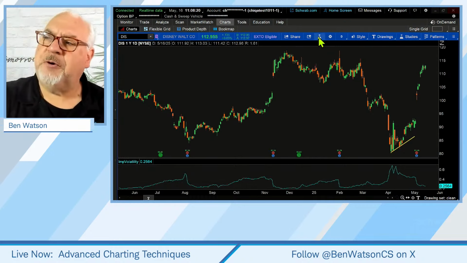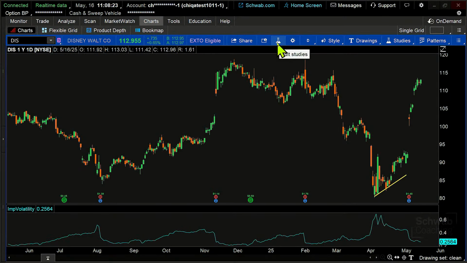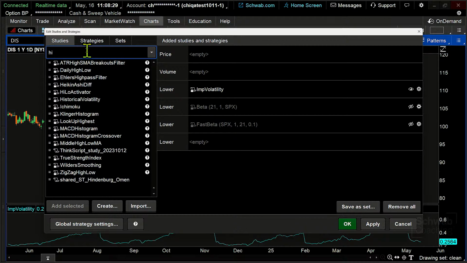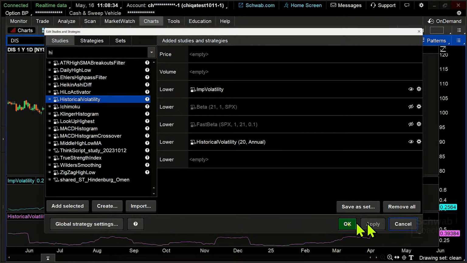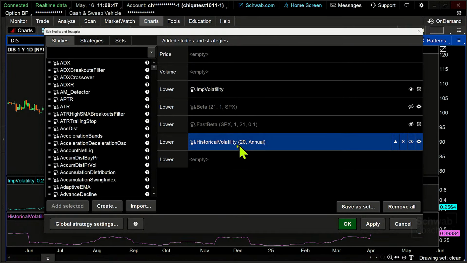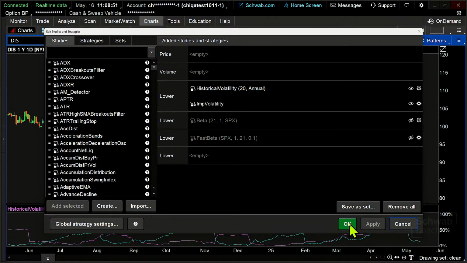We could come back up here to the chart, the little flask icon at the top of the chart, and include, in addition to implied volatility, historical volatility, right? Historical volatility, as opposed to implied volatility, is the move that the stock has made, that it's realized. This is sometimes called statistical or realized volatility. Just so that we can see this comparison, I'm going to take historical and lay it over the top of implied in the same box.